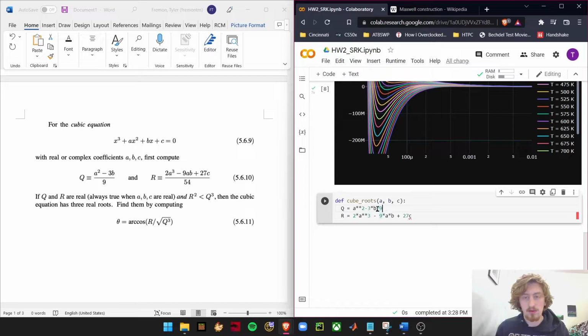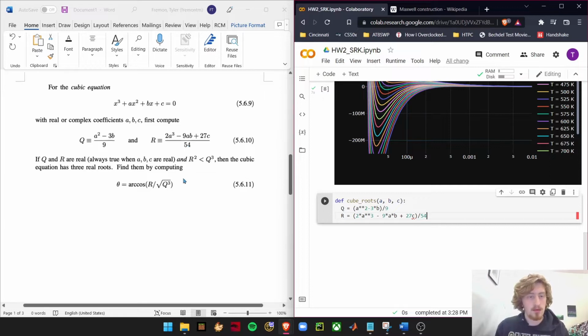And I'm going to put some parentheses around these. You don't really have to, but it just makes me feel a little more comfortable with it and helps me divide it up better. Oh, forgot to divide by 54 here. All right, and then